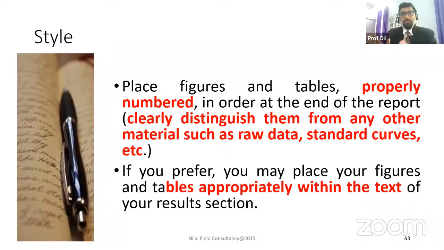Check which journals incorporate the tables in the paper and which do not. In the appendix, you need to be very clear. So if you put the figures at the back, readers can look at the back. Table number this one, refer to the appendix, and they will go and refer and come back. If you don't put it properly, it will be haphazard. It won't be helpful for the readers.